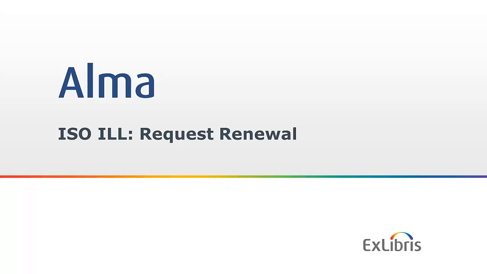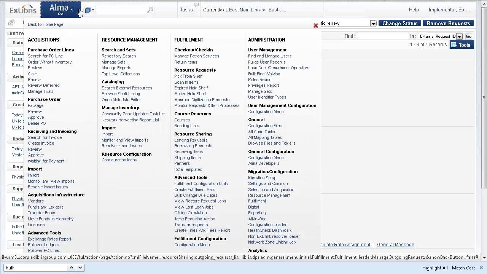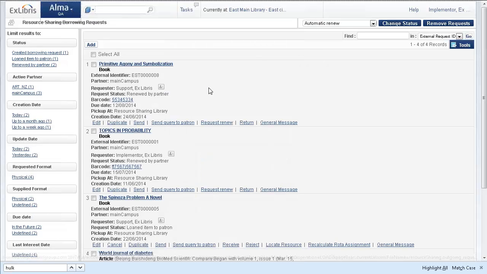And we'll run a workflow from the beginning of the borrowing request until the renewal is approved on the lender side and the borrower receives a message that the renewal was accepted. So let's say that someone in the Eastern campus wants to borrow an item, a book called Modernism and Mildred Walker. And this book is available in the main institution, main campus, and we want to create a borrowing request from Eastern to main. So, in Alma, we're already in borrowing requests actually, so what we have to do is add